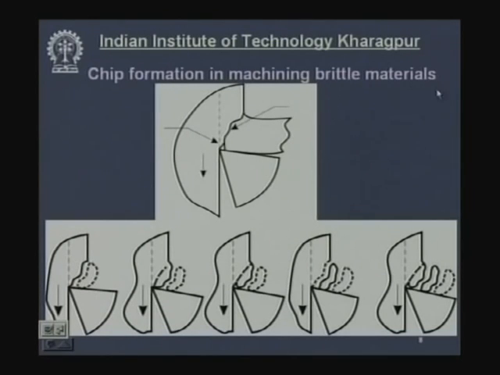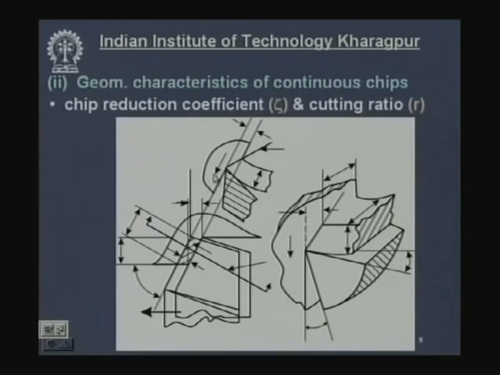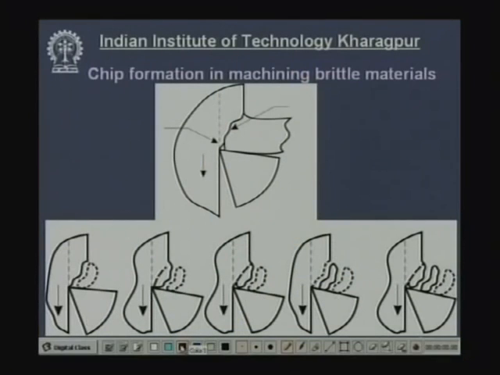Now, the brittle materials fail by brittle fracture. What is the mechanism? While machining, suppose this is the cutting velocity Vc. A very small crack is developed at the cutting tool, this is a crack. At the end of the crack there will be a lot of stress concentration, and this develops due to wedging action of the tool. It is moving in this direction relative to the job.